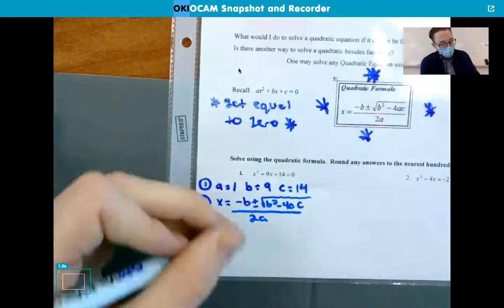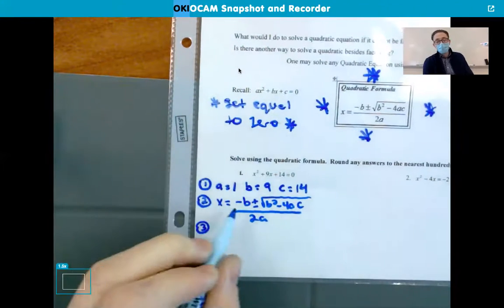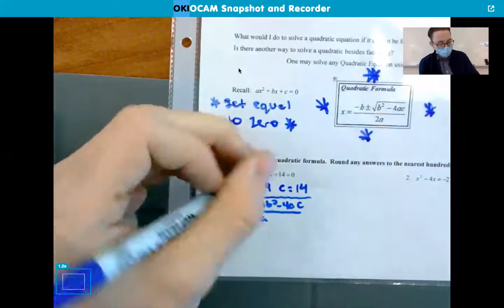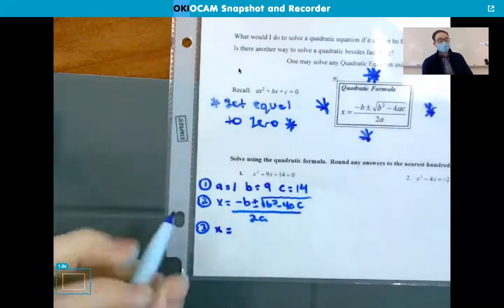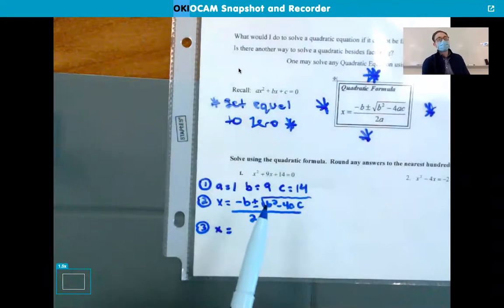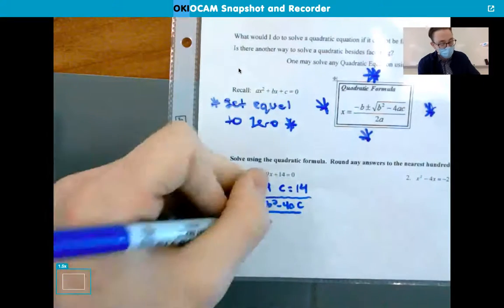Okay. The third thing I'm going to do now is take those A, B, and C values, plug them into this equation. So I have x equals negative b. We saw this when we did the negative b over 2a, that piece when we were graphing, right? When we were finding the vertex. It's just the opposite sign of your b value. So if it's positive 9, I'm going to have negative 9